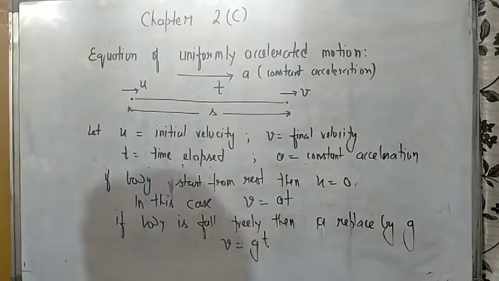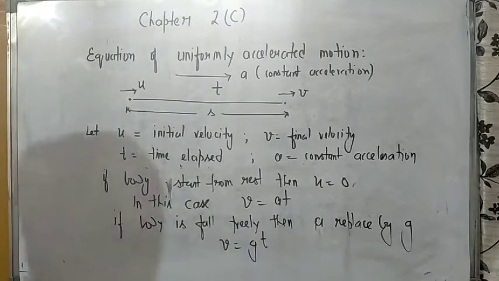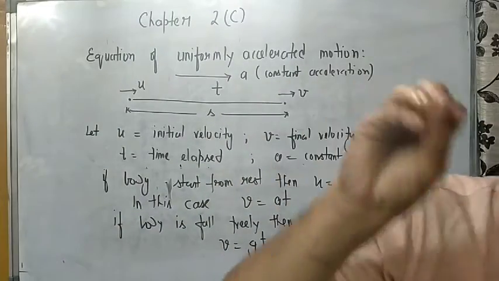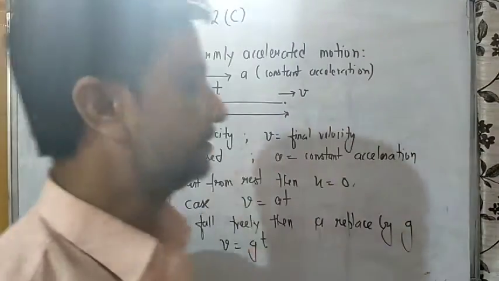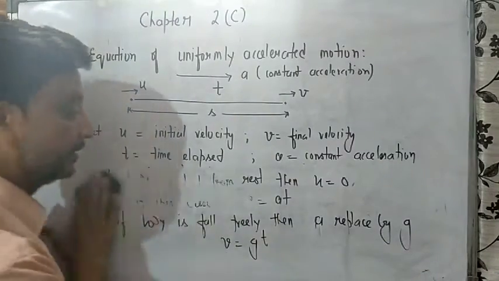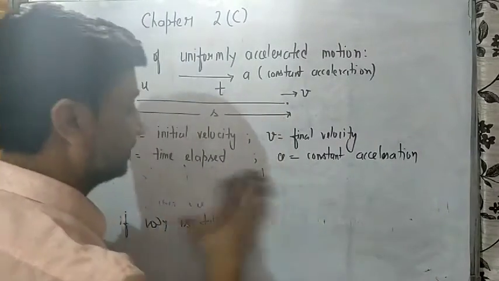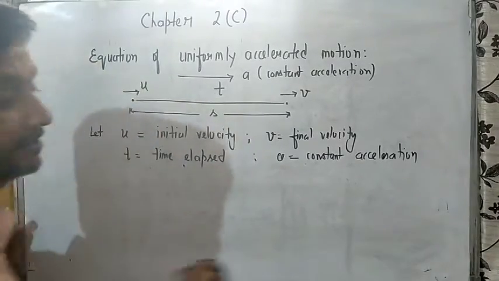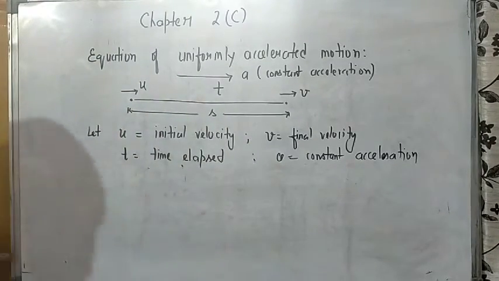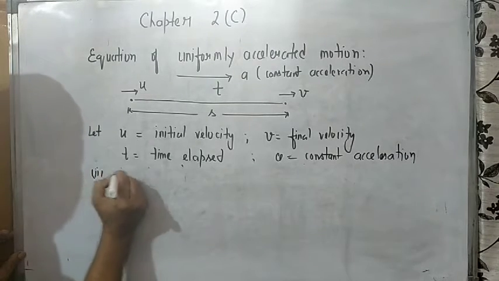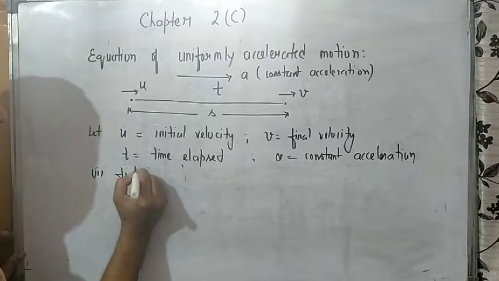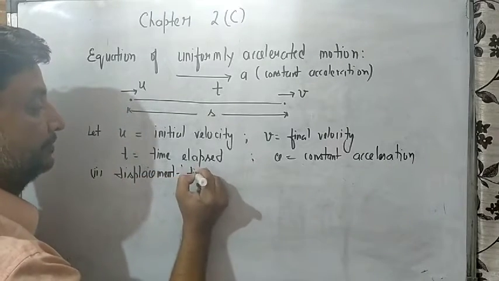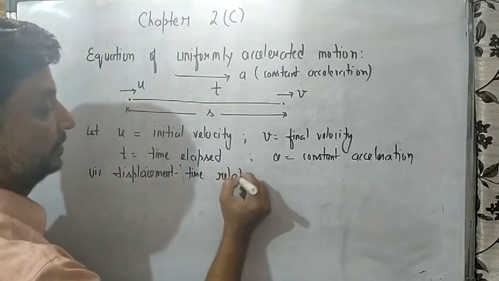Now come to the second one, the distance time relationship. I mean to say, what is the variation in the distance with respect to the time. What is the displacement? What is the distance covered, the distance traveled after elapsing a specific time t? Then the second equation of motion is named the displacement time relationship.